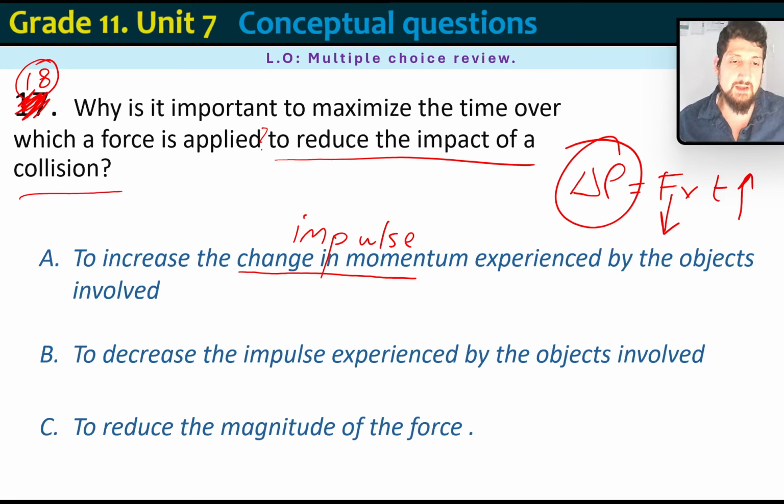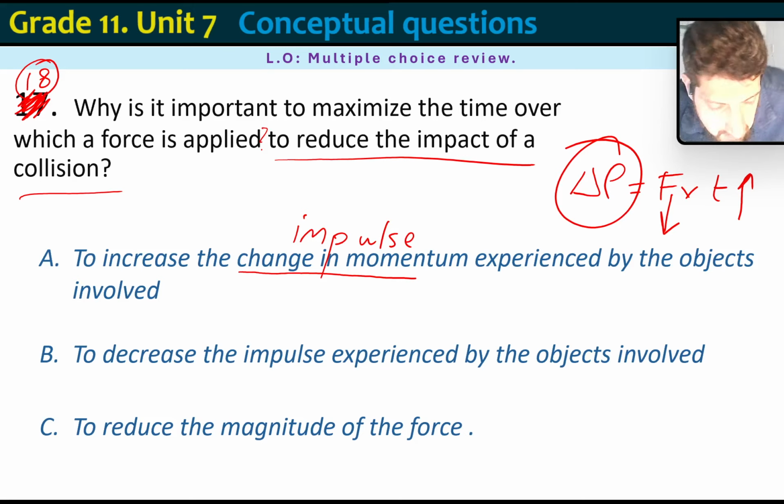Like if you brake, let's say for example you're in a car, right? And your father or your mother applies the brake. If they apply the brake suddenly, then that is a sudden change in momentum. The time is short, the force is very high. The change in momentum, the impulse, is the same. Why is it? Because of course the momentum of the car is the mass of the people inside the car as well as the mass of the car multiplied by the velocity or the change in velocity.